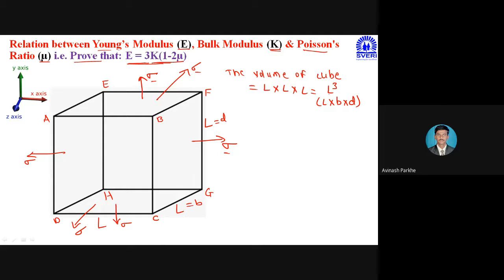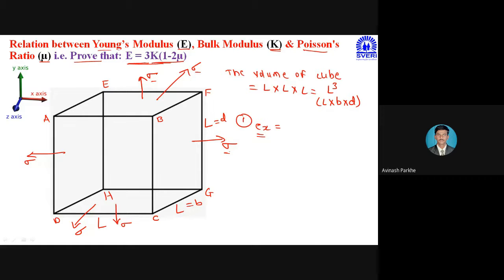Okay, so now, first case number 1. Now I have to calculate the strain induced in the X direction. While calculating the strain induced in X direction, consider that this particular sigma or force is applied in only X direction. Epsilon x represents the strain induced in X direction. During calculation of epsilon x, I have to consider that the force is applied in only X direction.